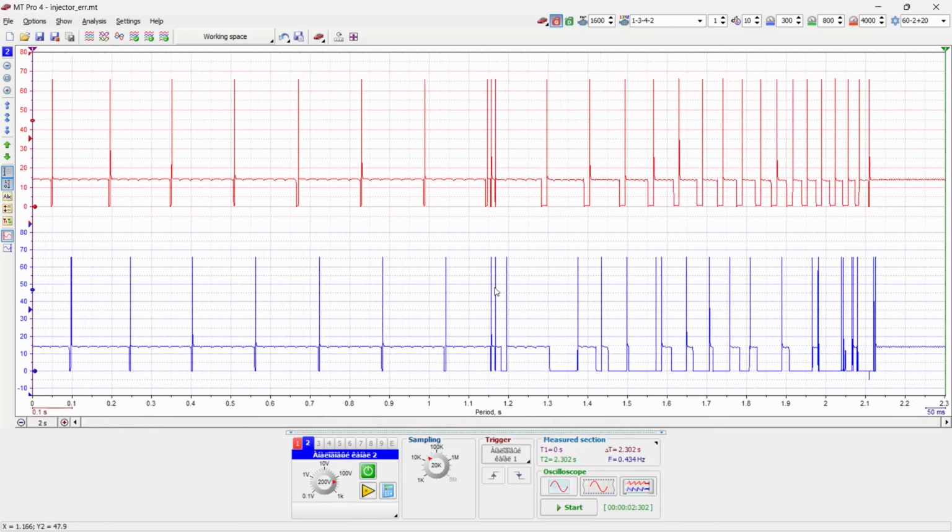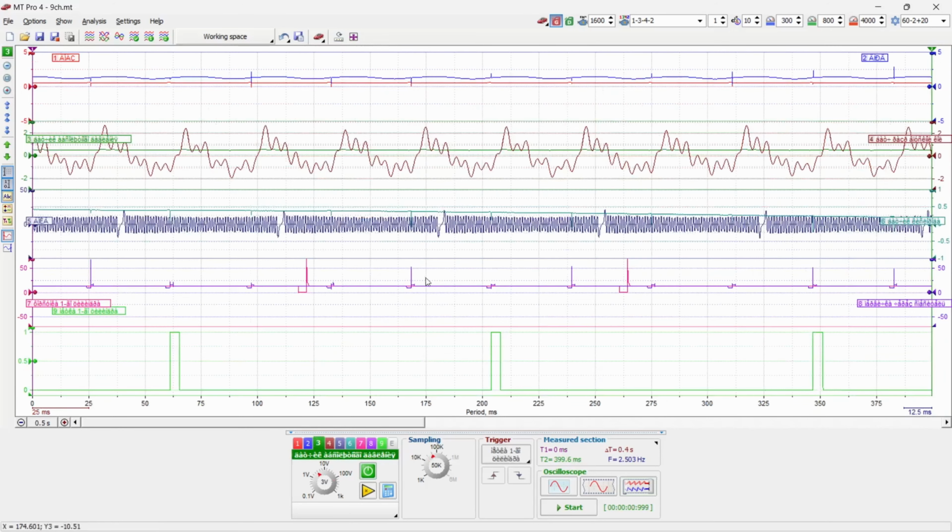So, there's a whole lot of functionality here. I just want to open up a full file with all 9 channels going, so you can see how it gets really nice if you have a lot of waveforms to manipulate. Say I really quickly want to get a good look at that crankshaft waveform, which is on channel